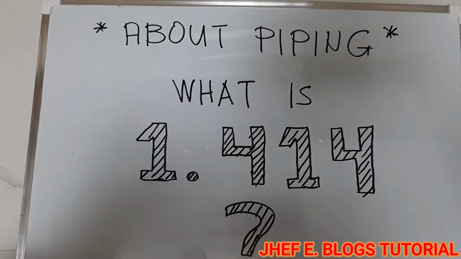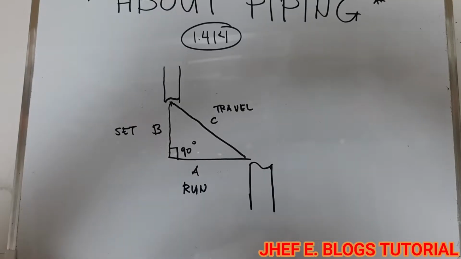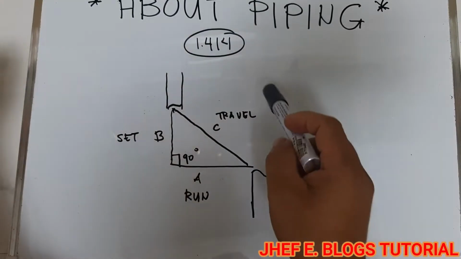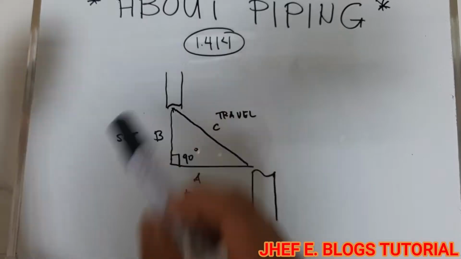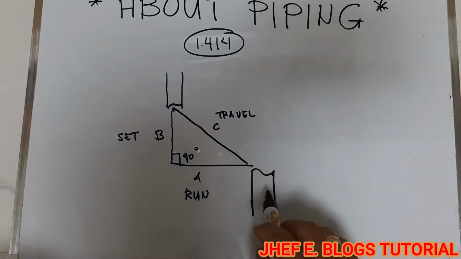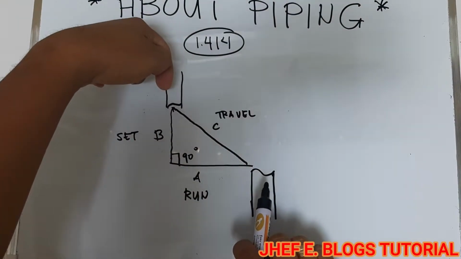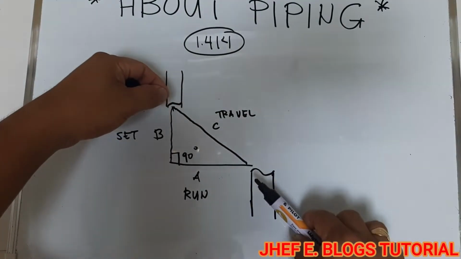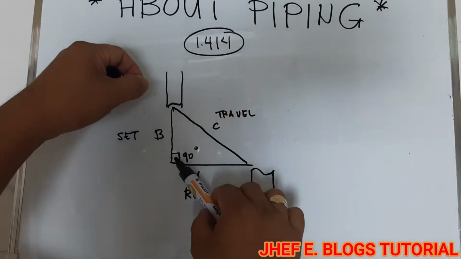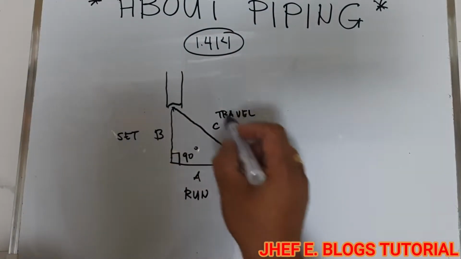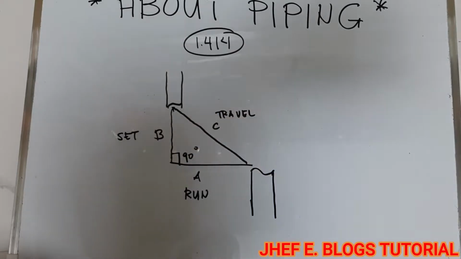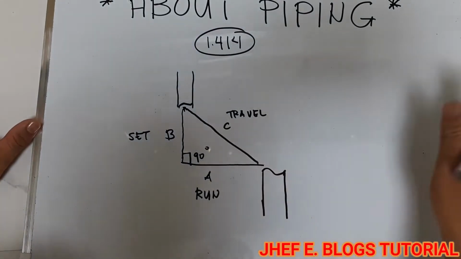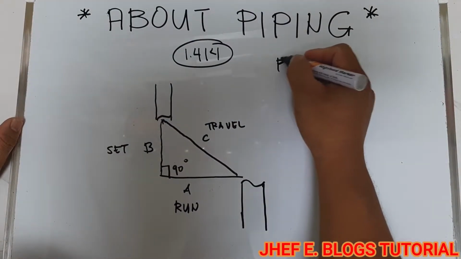I will cite an example, guys. As you can see in the example that I made, in order to get 1.414, this is the 5 and this is the 5. We need to make a 5 here in order to connect this. It means to say this is a 45 and the 90, and I create a triangle so we can easily get it. Okay guys, let's take an example from the Pythagorean